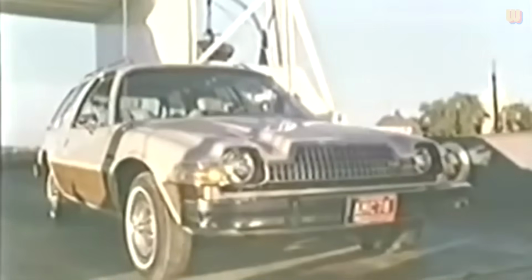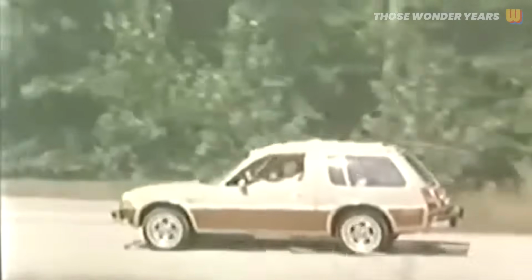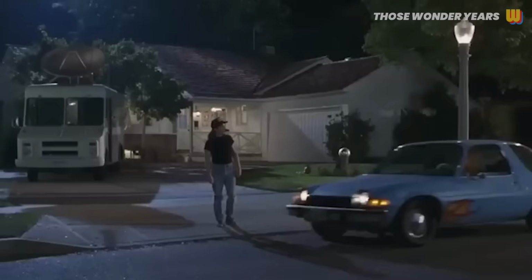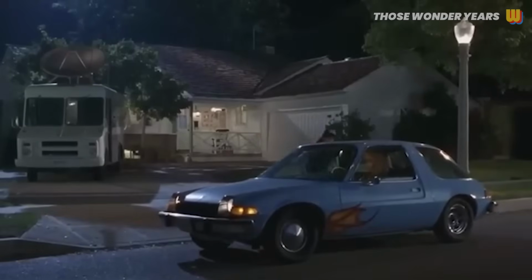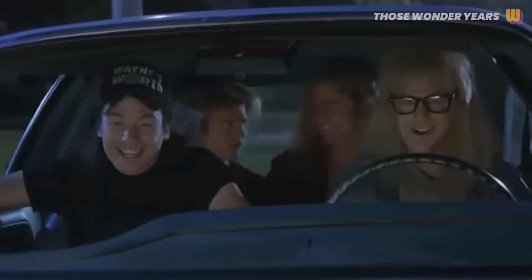The Pacer's unconventional wide, bubble-like design prioritized passenger comfort and safety, but its poor aerodynamics and hefty weight dragged down performance. Even that longer right side door for easier backseat access couldn't make up for the Pacer's impracticality. Quality issues and lackluster performance quickly tarnished its reputation, and sales nosedived. By 1980, fewer than 10,000 Pacers found homes annually. Despite its failings, the AMC Pacer remains an iconic part of automotive history, immortalized in pop culture by appearances in movies like Wayne's World. Love it or hate it, this quirky car was undeniably memorable, but the 80s had no